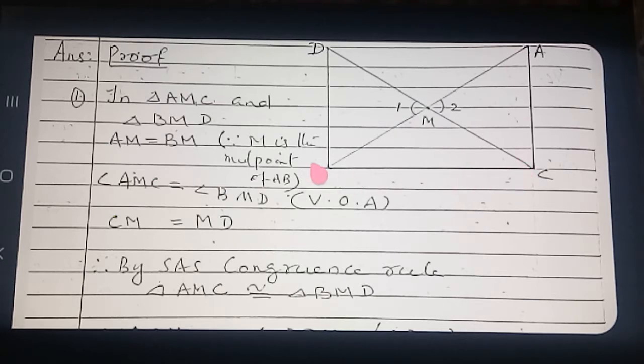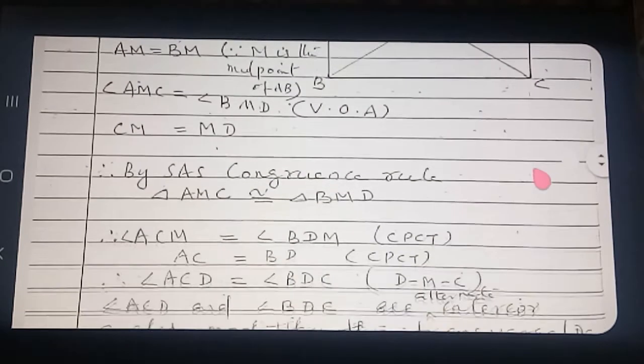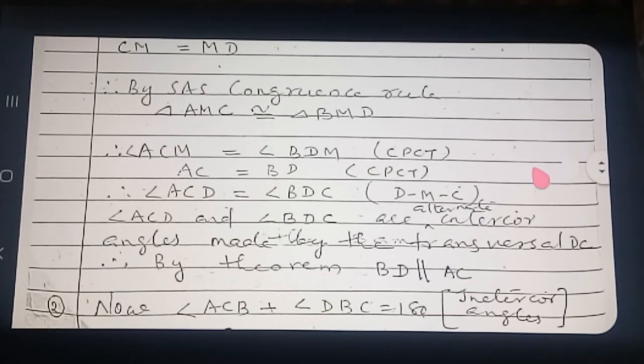See here, this is BC, no? This angle and this angle are formed between these two parallel lines on the same side of the transversal. Therefore, what type of angles are they? Interior angles on the same side of the transversal. Therefore, what can we say? They are supplementary. Now, what is this angle? 90. So what will this angle be? 90. That only we proved in the second part. See, explaining with the diagram, then only you will understand. That is why I explain in the diagram.